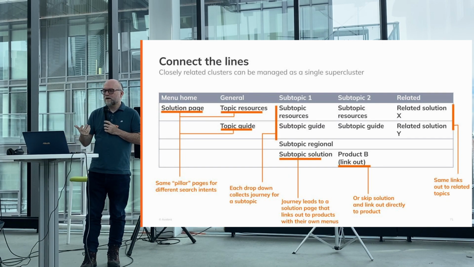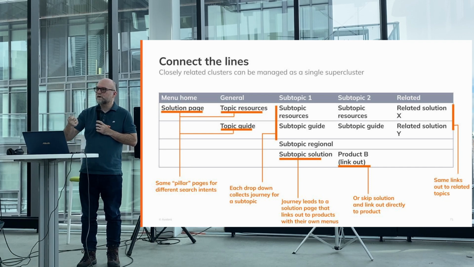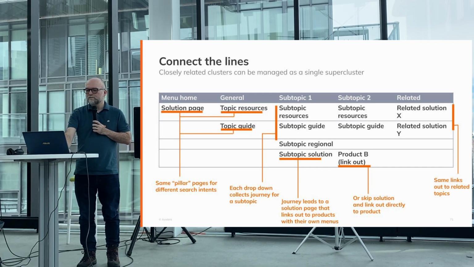So now, connecting the dots. I called that cleverly, I thought. If we now think about connecting the lines, if we want to cover more than one user journey under the same menu because the journeys are closely connected, then we can do that. Basically, we have the same sort of pillar pages anchoring the whole menu. But then under each drop-down, each one has its own subtopic journey, where we have a guide, resources, potentially some regional content,